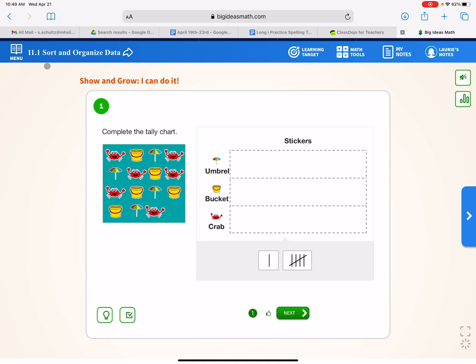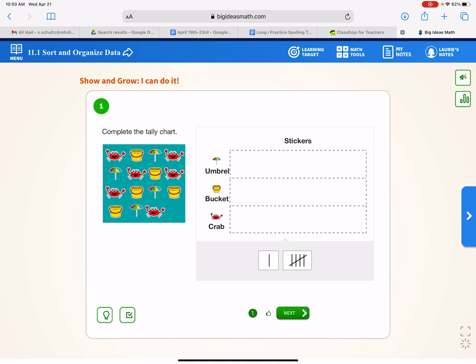Today we are going to be looking at 11.1 in Big Ideas Math. So in this chapter we're going to be focusing on tally charts, bar graphs, and all the different types of charts we use to survey and count and categorize